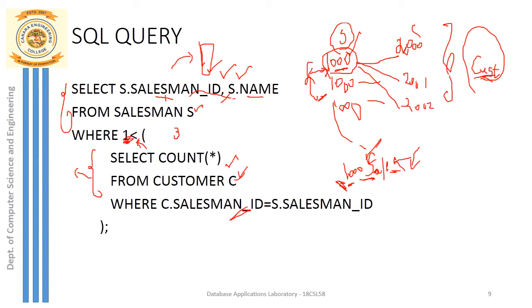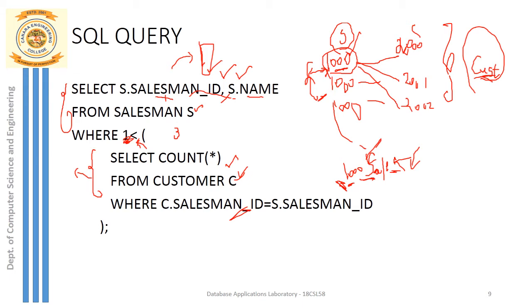The first part, again, I'm going to write a correlated nested query. So we have the inner query here which should be executed first, and then we have the outer query which should be executed based on the retrieved results of the inner query. So here outer query and inner query are related to each other, because the outer query is totally dependent on the inner query's results. So we call this a correlated nested query.